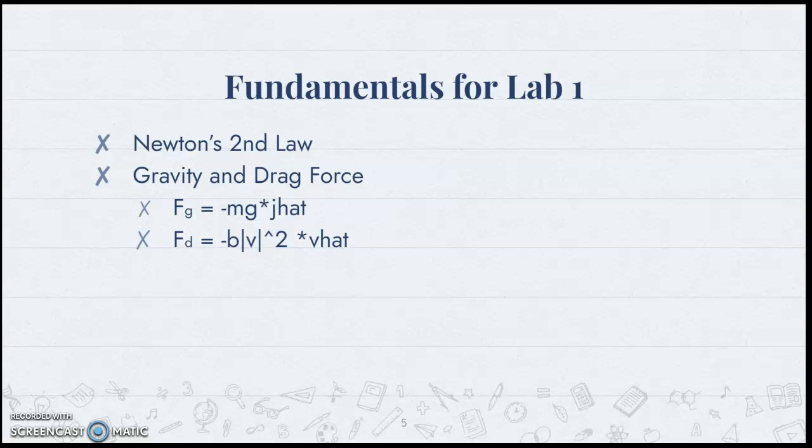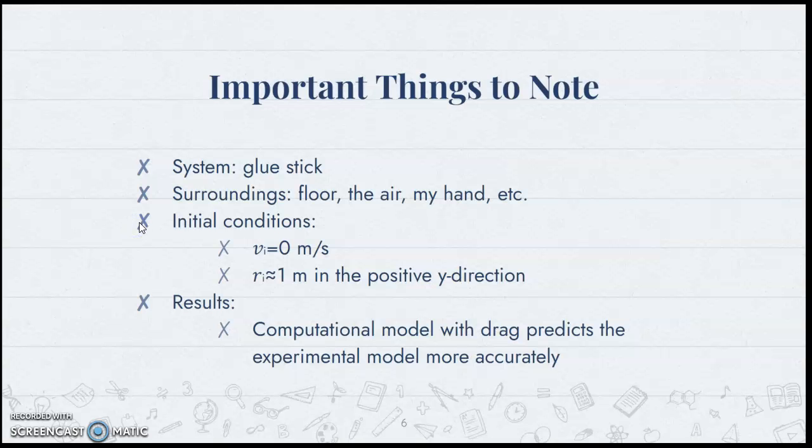We also have the drag force equation, which is negative b times the absolute value of v squared times v hat, where b is the proportionality constant, absolute value of v is the object speed, and v hat is the velocity direction. In my experimental model, I used Tracker to observe the effects of gravity and drag on a falling